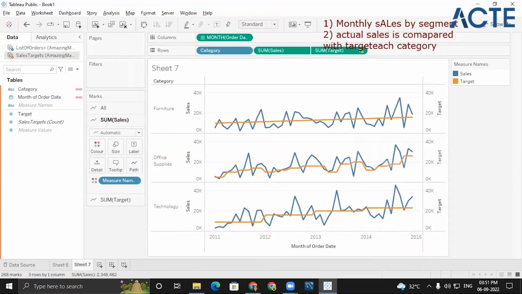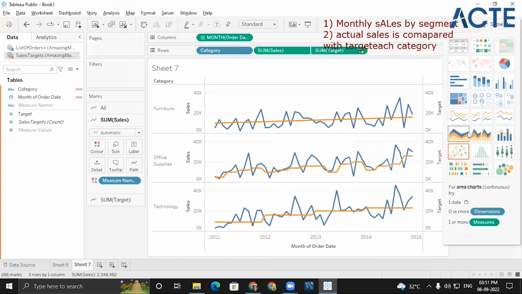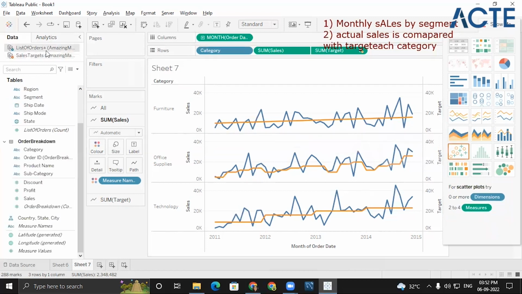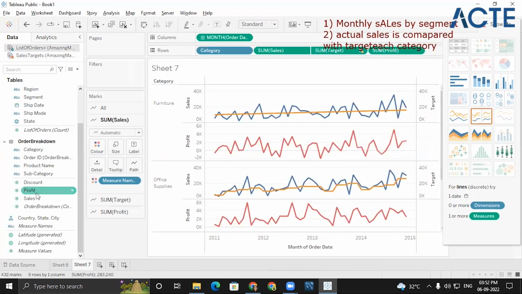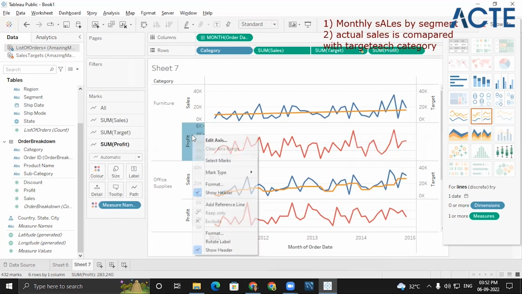So start working and start using these graphs as well, okay? This line chart and area chart. Also do one thing. If I put something else here, let's say quality or maybe profit also. Look, profit is there. So you have to click on second. Sales is my first option, and profit is just my second option. So I need to right click on profit, and then